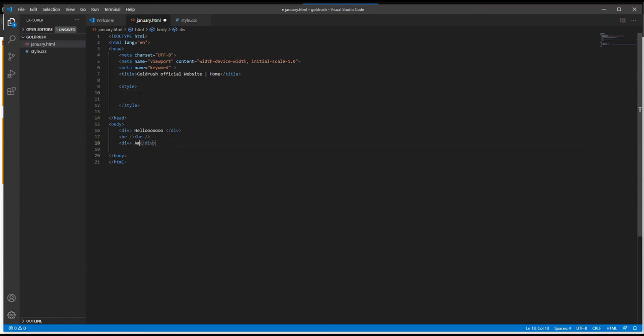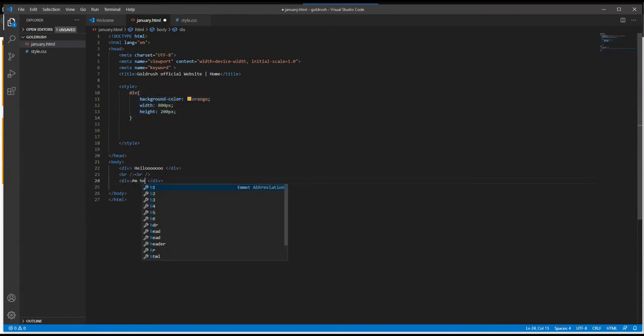What we wrote initially is not given a particular name; it's going to affect all divs. But what if we don't want this to affect all divs? We just want to give it a name. If you don't want it to affect all divs, you use a